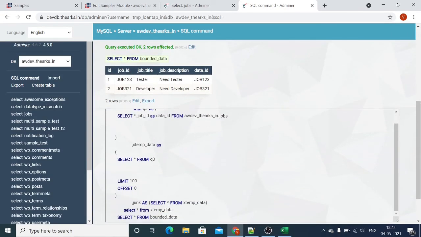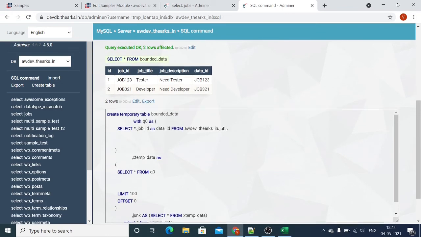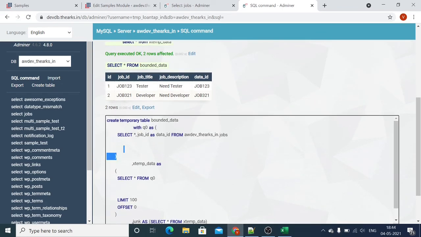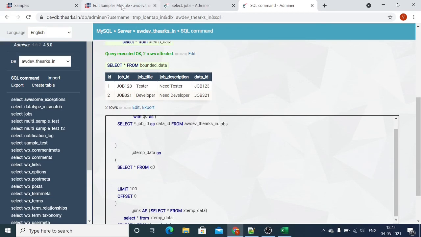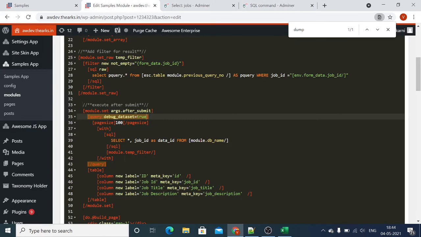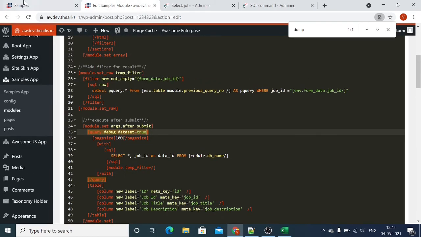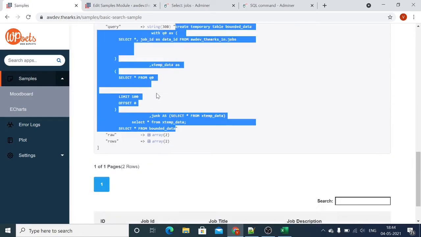Now let's check how this query works. We have created one temporary table, and we dump the base query, select star from the jobs, and we are returning the result. Now let's check how this will work when we have used the filter.